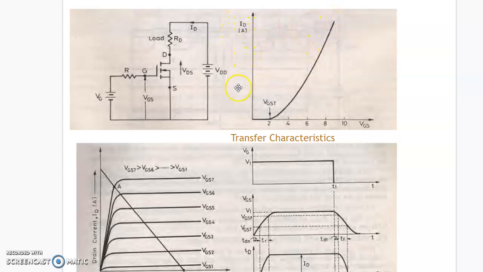This is the output characteristic of a MOSFET, a graph of the drain to source voltage against the output current, which is the drain current. As you can see, VGS1, that is, if you increase the gate to source voltage and set it to a constant value, suppose we take VGS3 as a constant value, this is how the MOSFET will function. It will rise and then saturate after a certain region. This is the switching characteristic of the MOSFET.